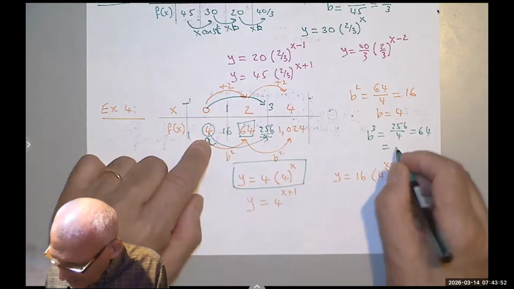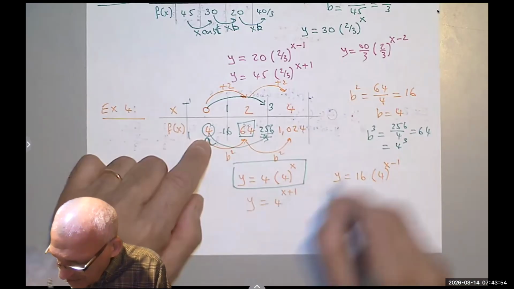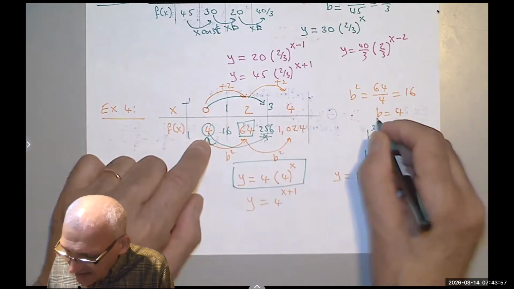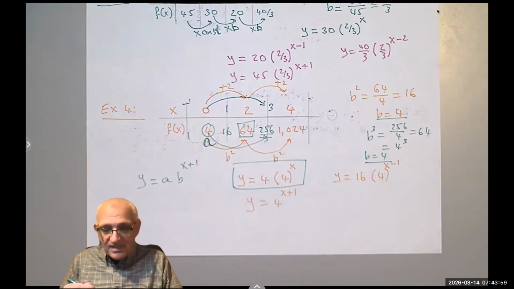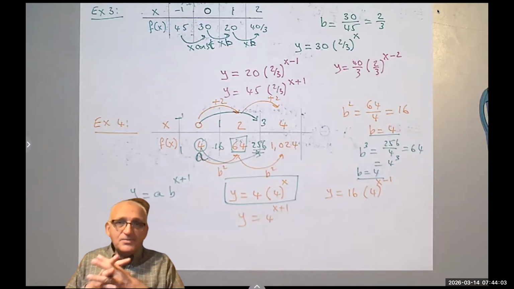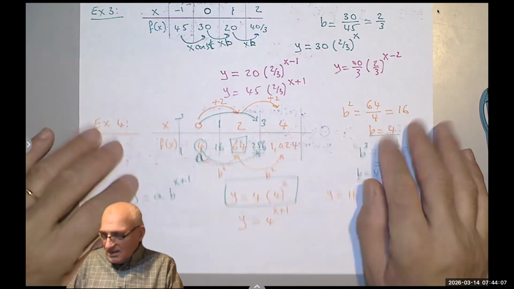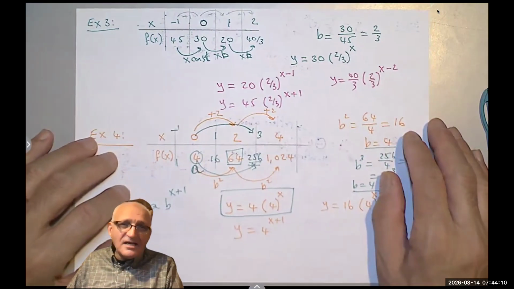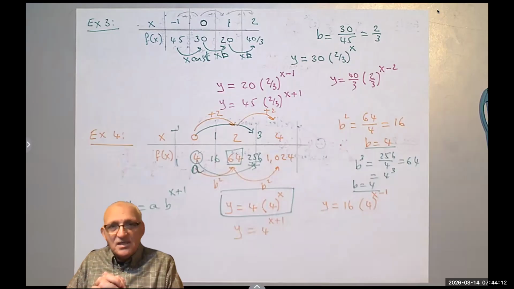So b cubed is 4 cubed, so b is 4 again. It doesn't matter. No matter what they give you in the table, you can always find the b easily. And I hope that covers everything you will need in Algebra 1 for plotting,